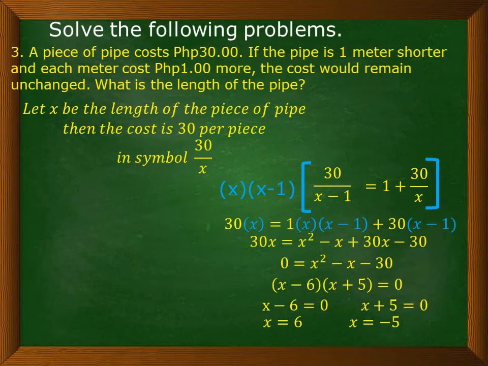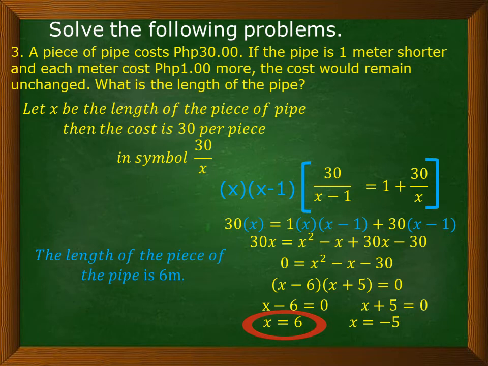So since we don't have length as negative, this is the only answer. x equals negative 5 is an extraneous root. Okay, so this is now the length of the piece of the pipe, 6 meters. That's the final answer. Okay, for the fourth problem,